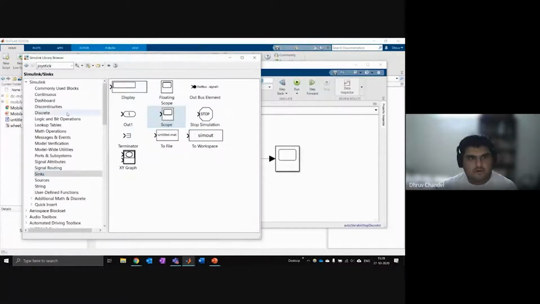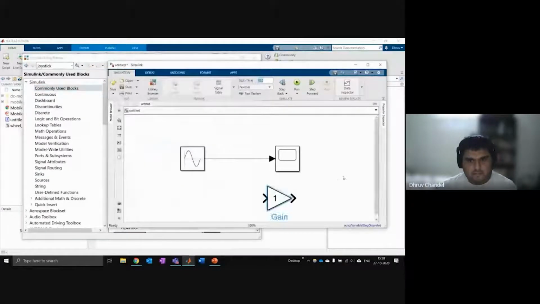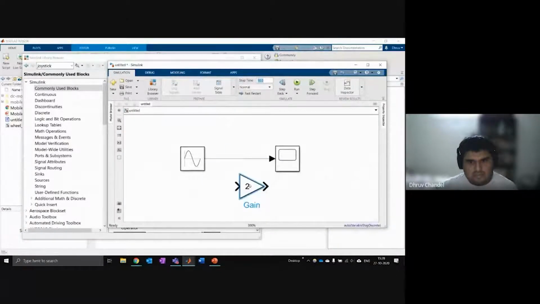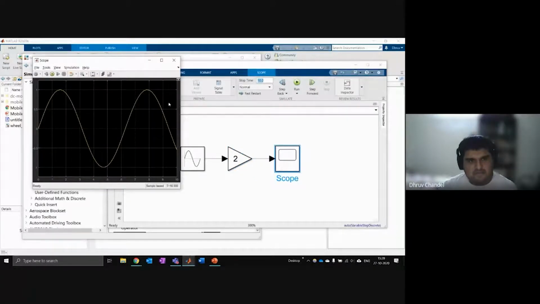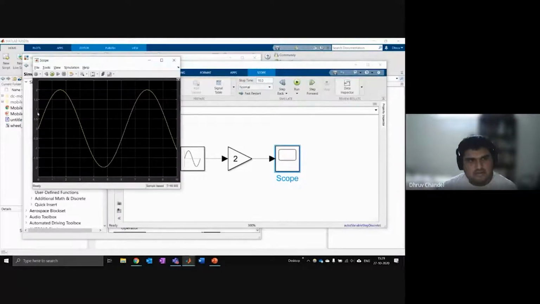Now, suppose I just want to perform some operation here. Let's say I want to perform a doubling operation. I can get a gain block. I can say I want to multiply my sine wave by 2 times. And I put this in the middle. So I'm getting a sine wave, I'm multiplying it by 2, and then I'm plotting the result. So it will give me the same shape, but it will double the amplitude. You'll see this 1 becomes 2 here. When I run the simulation, the model compiles, and you can see the amplitude of the sine wave has doubled.